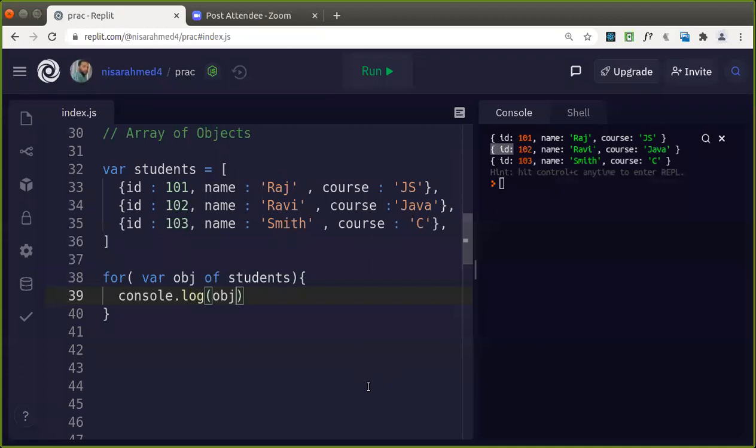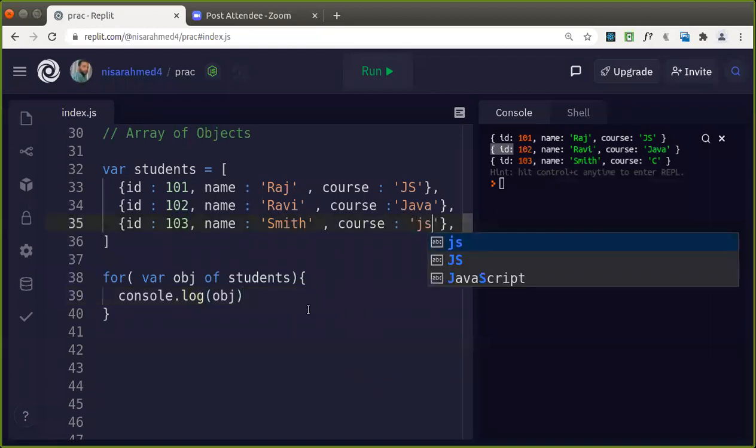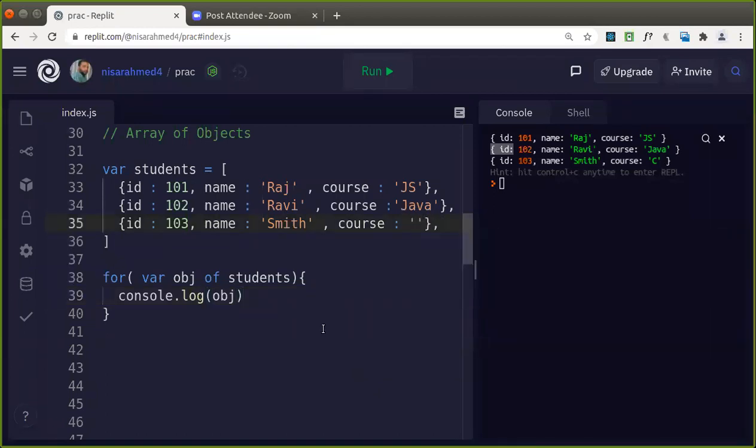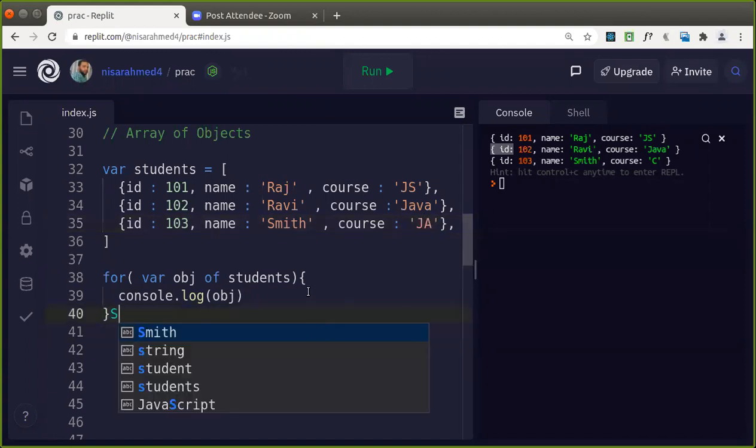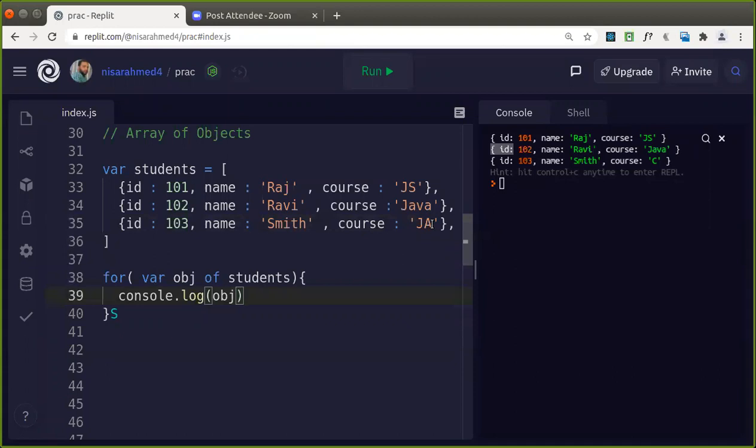Like I want to display the student details who are JavaScript, only JavaScript. So how can we do that? Only JavaScript details I want to display from this array of objects. You can write the condition and filter it. So how you are iterating through an array, isn't it? Here in this case, students is an array having array of objects.